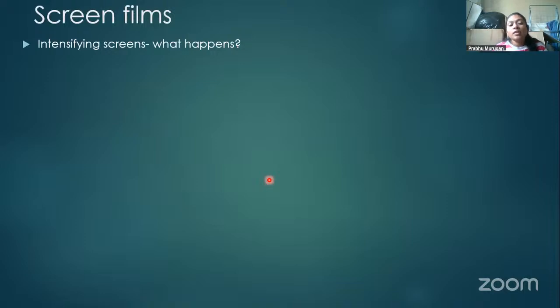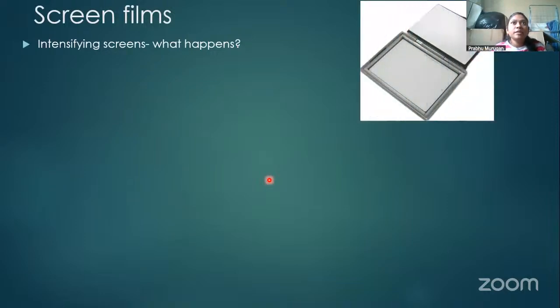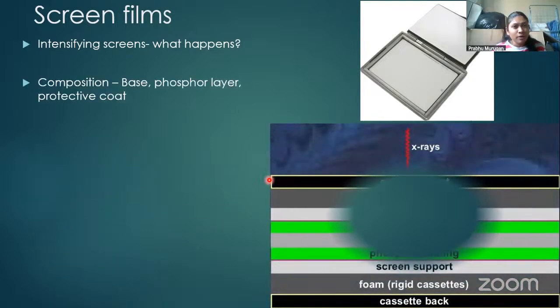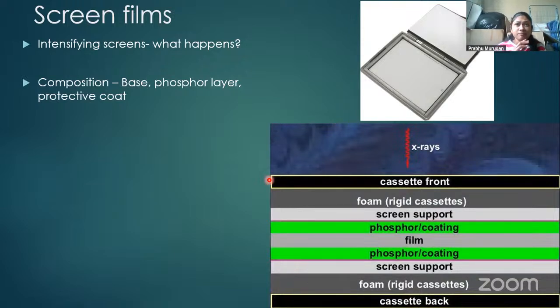Okay. Next is a concept called screen films. In case of screen films, IOPAs don't have a screen film. This is applicable only for your extraoral radiographs. The reason we need a screen film is to reduce the radiation exposure. Remember, X-ray films are very sensitive to bright light. So the intensifying screen will have a phosphor coating, and this phosphor layer is going to trap the visible light. It is placed on top of the X-ray film within the